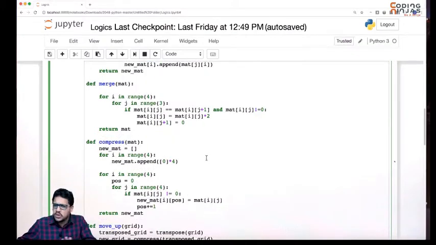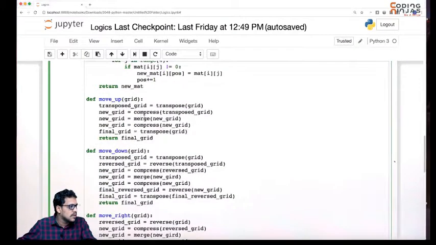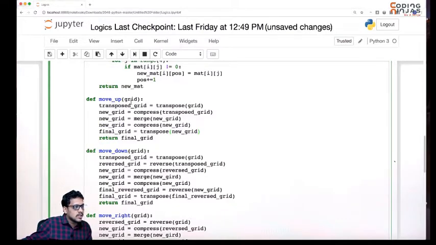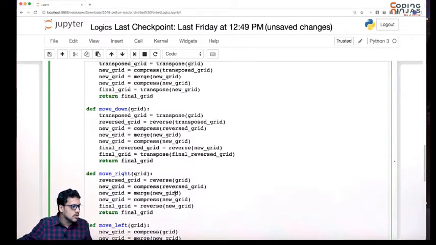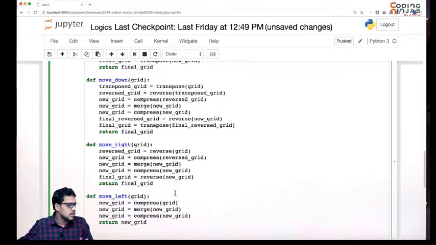First of all, I want to rectify two to three small mistakes in our code. One mistake was here, when you were moving up, in this last part, the final grid: after compression you got a new grid, you need to take the transpose of this new grid only. The grid was the grid which was given to you, but transpose and compress had given you a new grid, so the transpose of that new grid you need to take. In moving down, new_grid is not there, it is grid. In moving right also, in this merge function, it is not new_grid, it is grid. So there was a spelling mistake. Rest all is fine, I think.